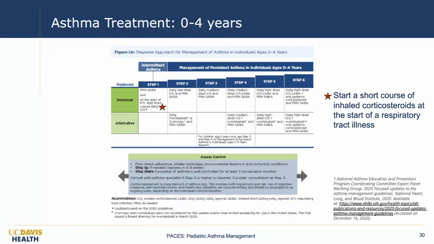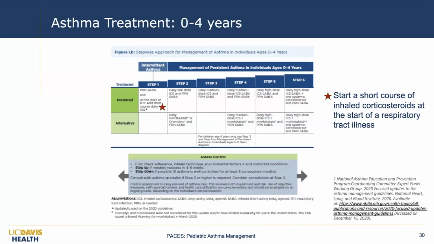So the next step, and I just wanted to highlight a few of the steps on here, things that are updated and that have changed in our practice. So this is for asthma treatment, again, for our population that's 0 to 4 years of age. And I starred one of the things that I wanted to highlight. So you can see it on the table, but on the right-hand side, I summarized it: for our kids who have intermittent asthma, step 1 is considered a short course of inhaled corticosteroids at the start of a